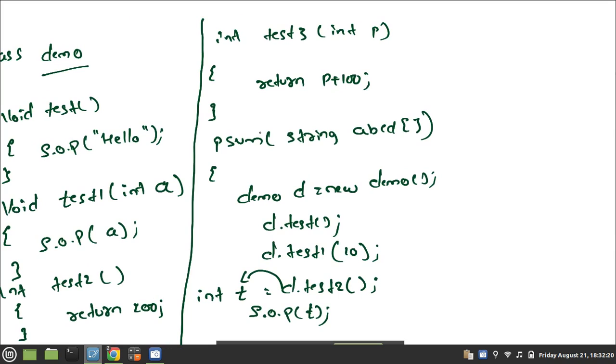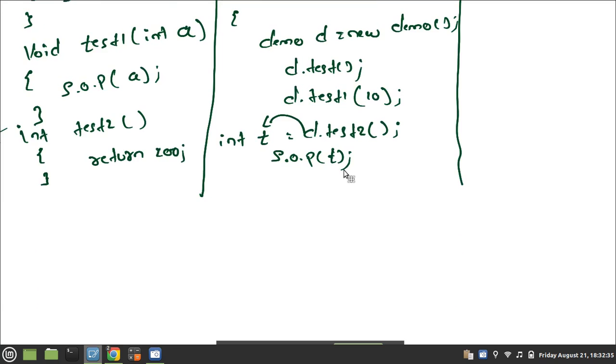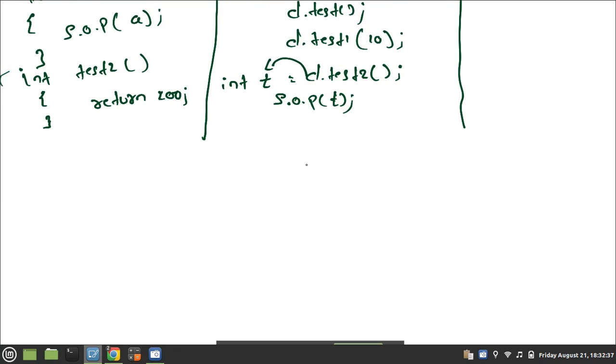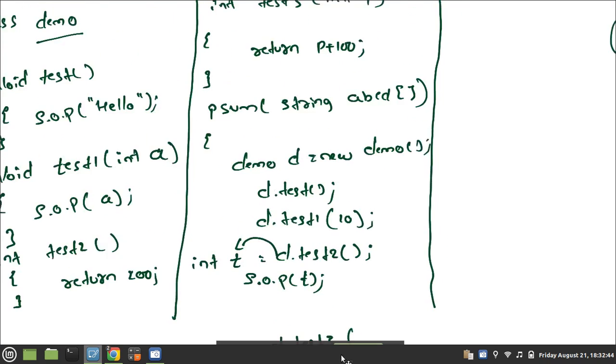Okay, next test3 is there. So d.test3, but test3 is expecting how many values?